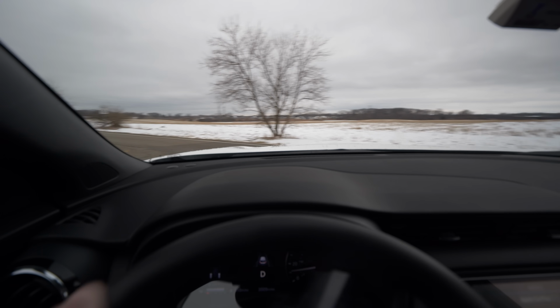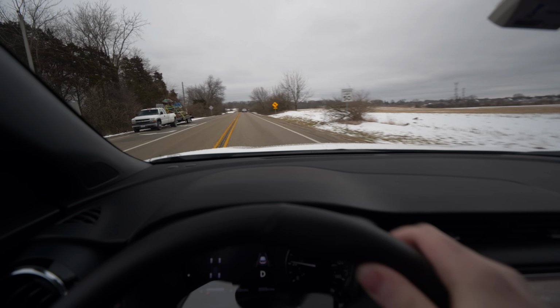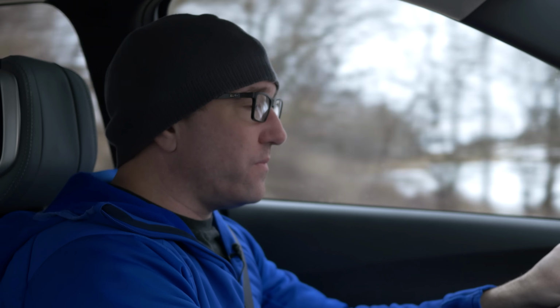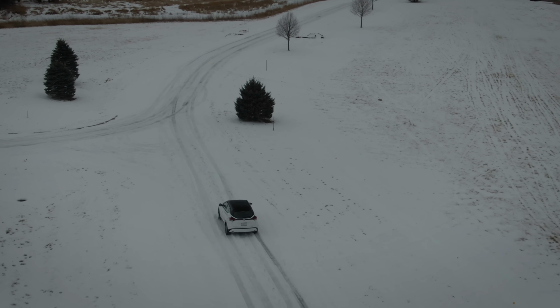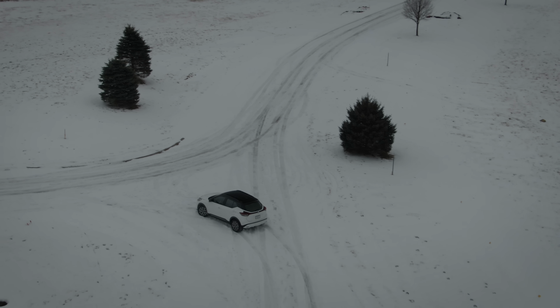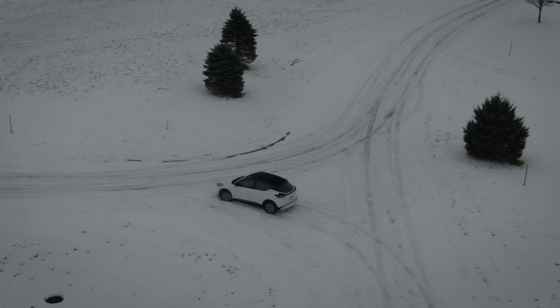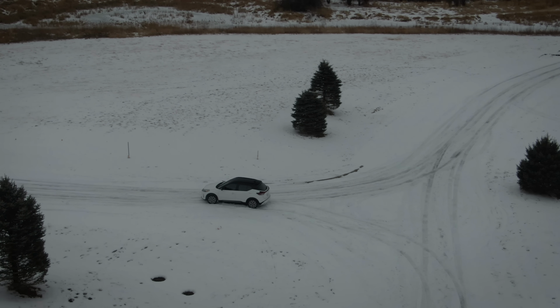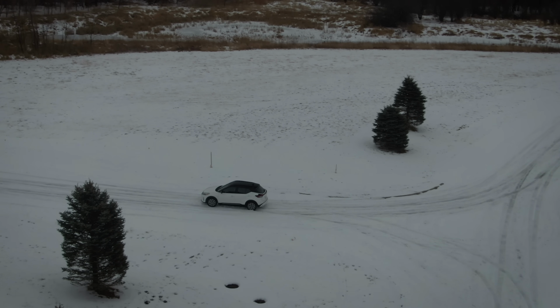Now, it is front-wheel drive only, and with 120 horsepower, you don't need all-wheel drive. It's completely unnecessary. There's never a time where this thing is struggling for traction unless you're driving like a total idiot. Now, on the top trim level, you get chassis control on the SR, which adds a bit of the...